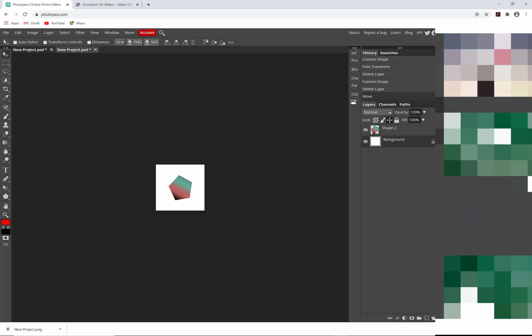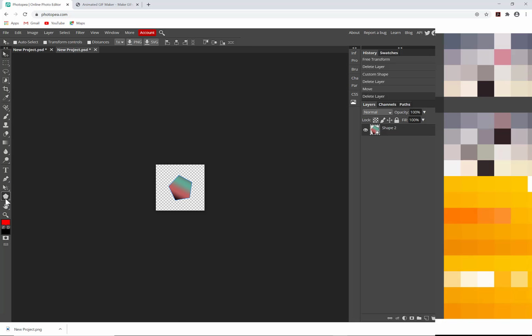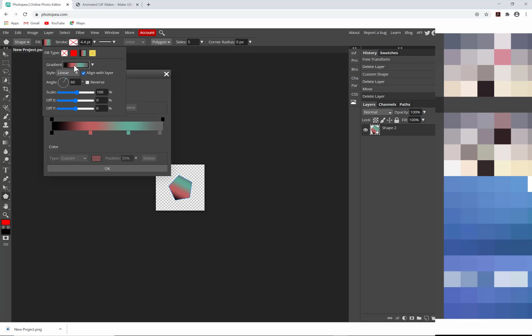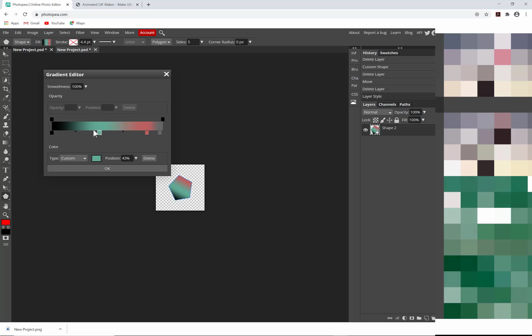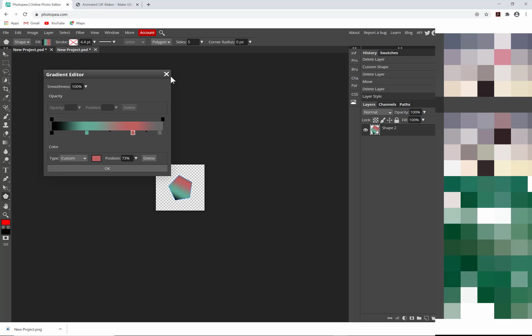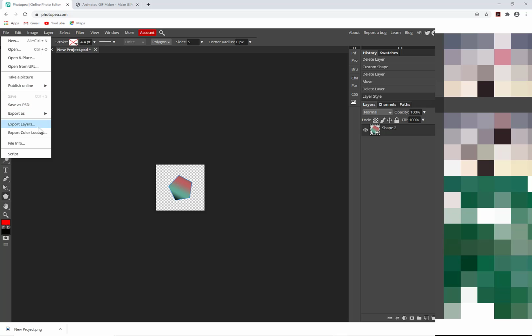Let's delete the background. Okay, and let's change the color slightly. So I'm going to select the shape here. Let's change the color slightly, so it's going to stand out. So I'm just going to bring this on this side. Okay, that's good. Okay, now the next thing I need to do now is go to File, select Export,